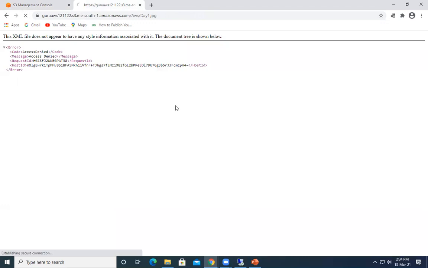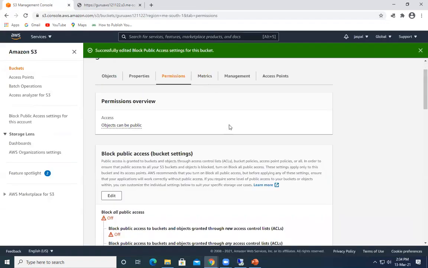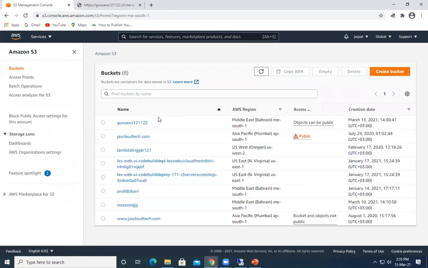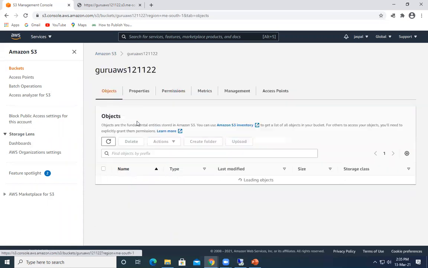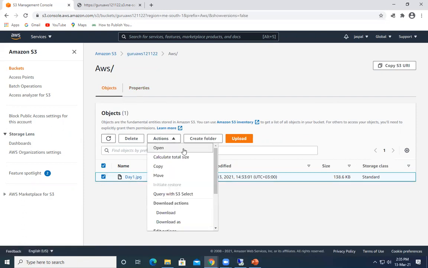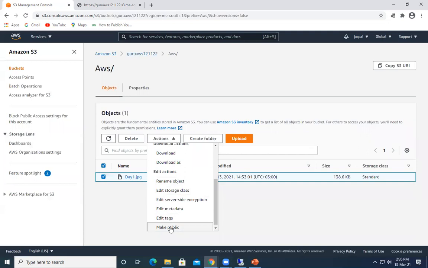Let's refresh our URL. Still it is not there, which means we have to go back to our bucket. Let's see, objects can be public. Let's go back, AWS. Let's click on this. We can also do it from here, make public.